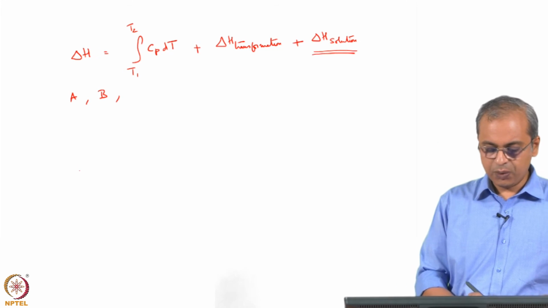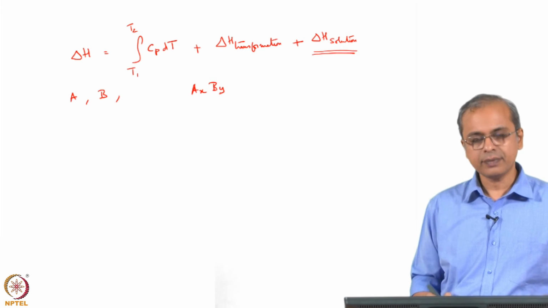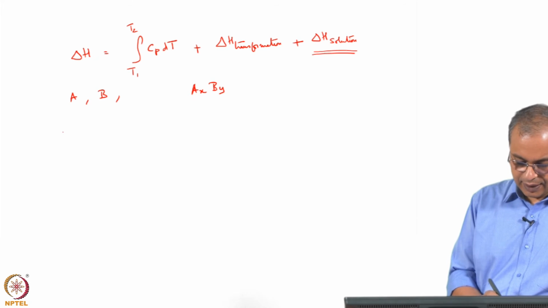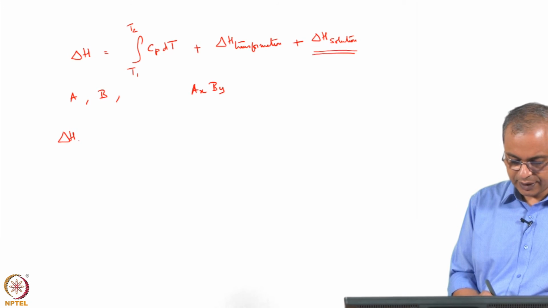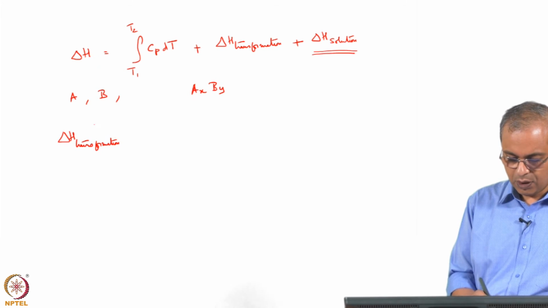Let us say you form a phase AxBy, then we write delta H transformation of AxBy